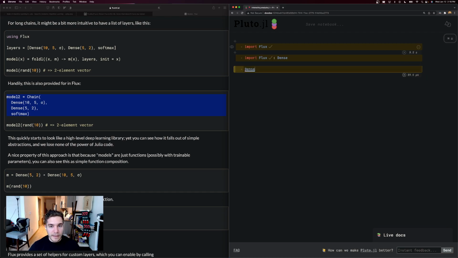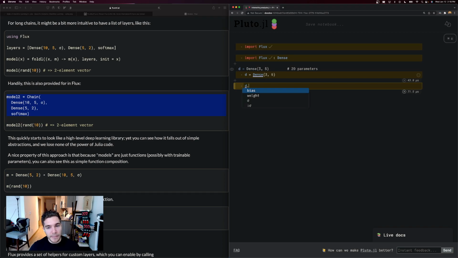Okay, and then dense of, let's do like 3, 5. What do I get? Takes forever. Okay. Oh, 20 parameters. Oh, maybe it's counting every weight as a scalar. Okay, let's get into this. And then d dot, what do I get? Bias, weight, and